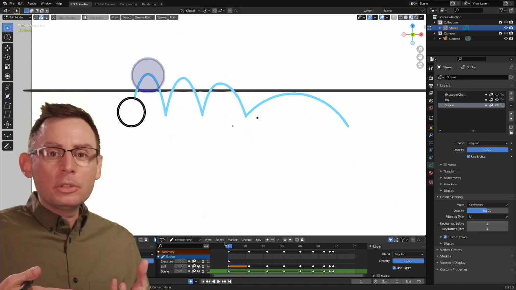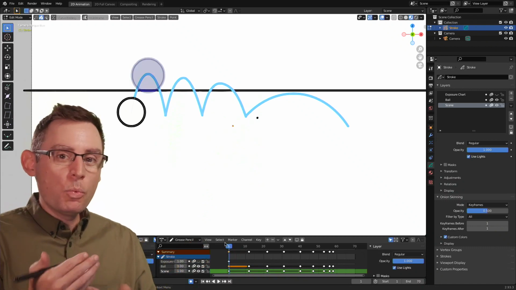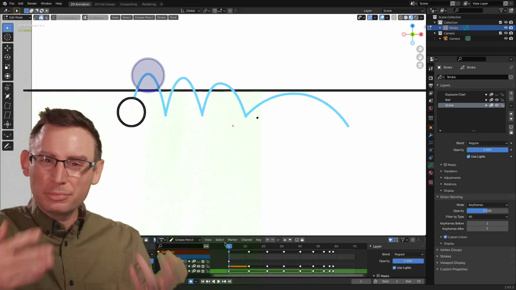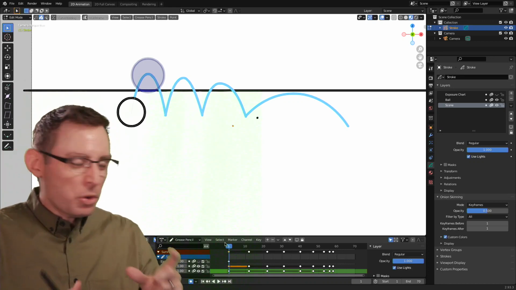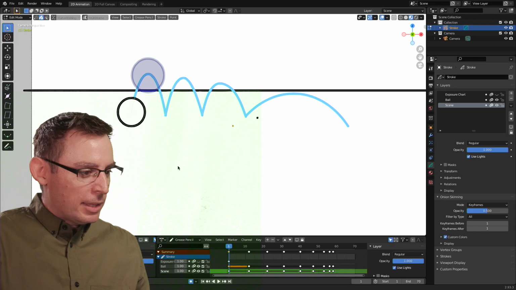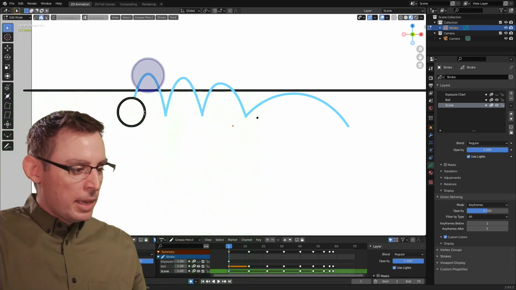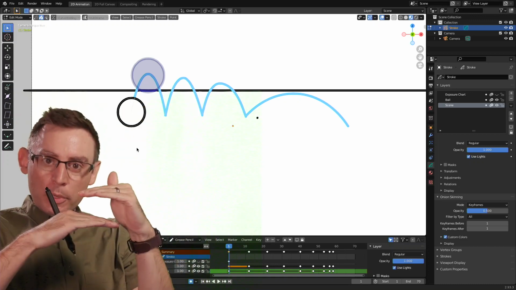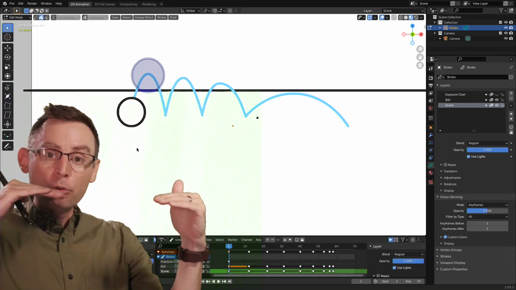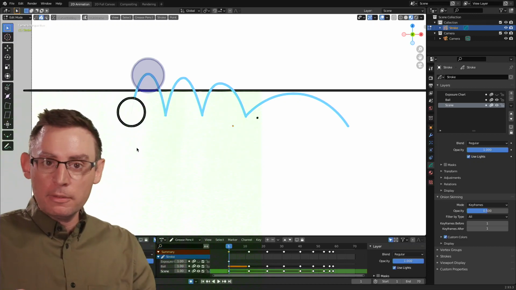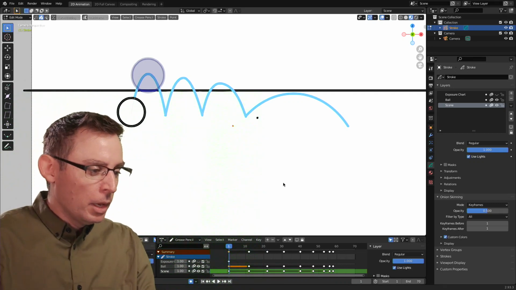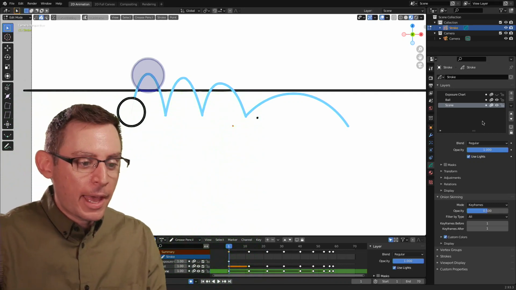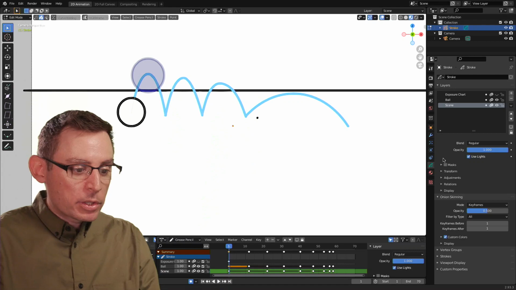Without any sort of illusion of a shadow, I don't know where to squash to. It's kind of confusing. I don't know where the ground is inside of my depth, right? I know that on this frame here, that contact frame, is where we should be squishing our ball, and it should be deforming against some sort of perceived ground plane, right? Well, where is that? I don't know. But let's add in a new animation layer so we can start figuring that out.